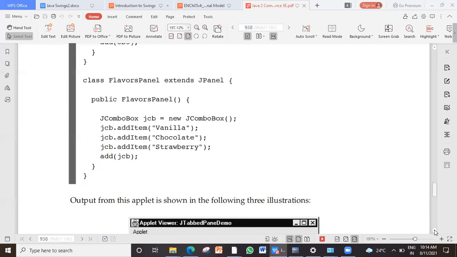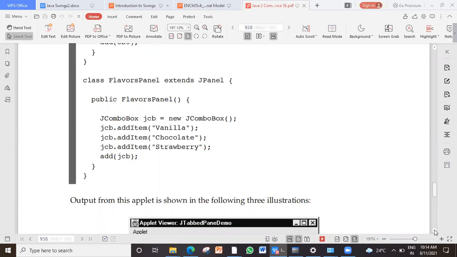So here we are creating combo box. New combo box with these item values. This is a single component with multiple items. Flavor: vanilla, chocolate, and so on, because it is a single list of all components.